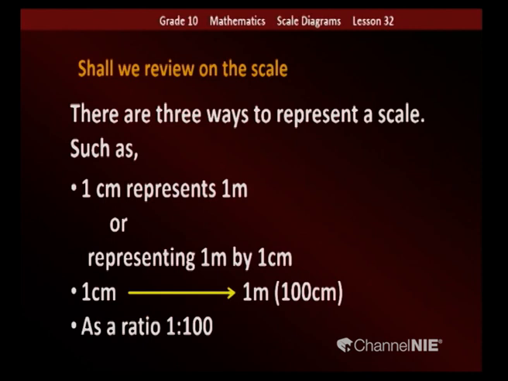Normally the scale we are writing as a ratio. What is the ratio? 1 to 100. 100 means 1 meter. I have converted into centimeters because when we are writing the ratio, the units should be the same. Okay. Now, according to the selected